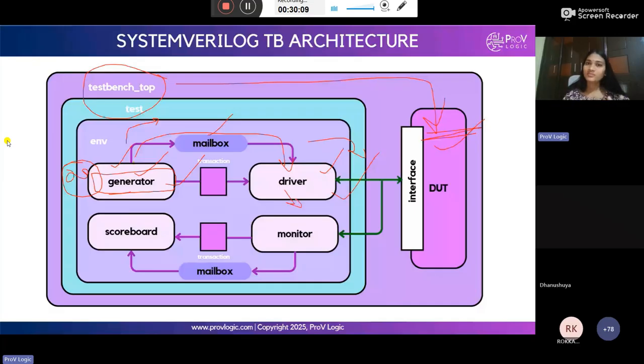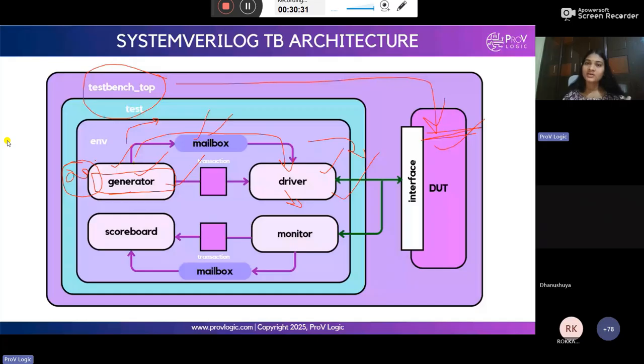Okay, so for that purpose, without making the process fast, we are just putting all the data into the mailbox. Mailbox is like a FIFO concept. FIFOs are the same. We just store the data temporarily. Here we are storing data one by one into the mailbox, so the driver can access